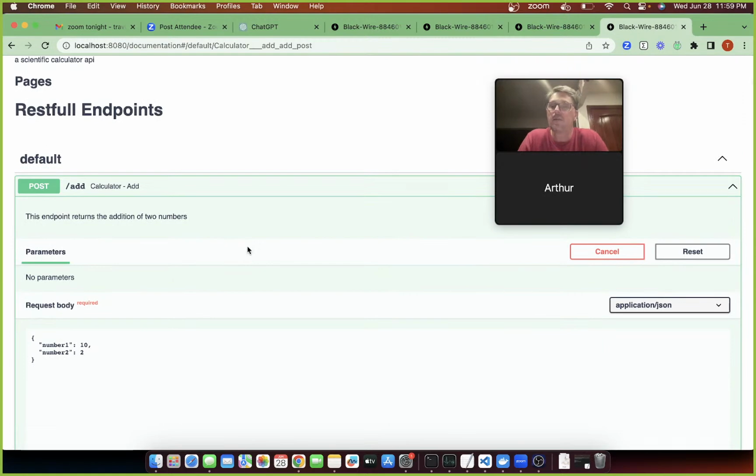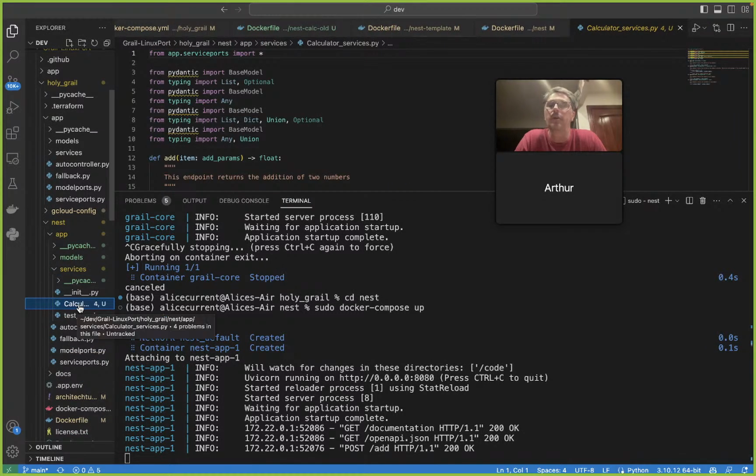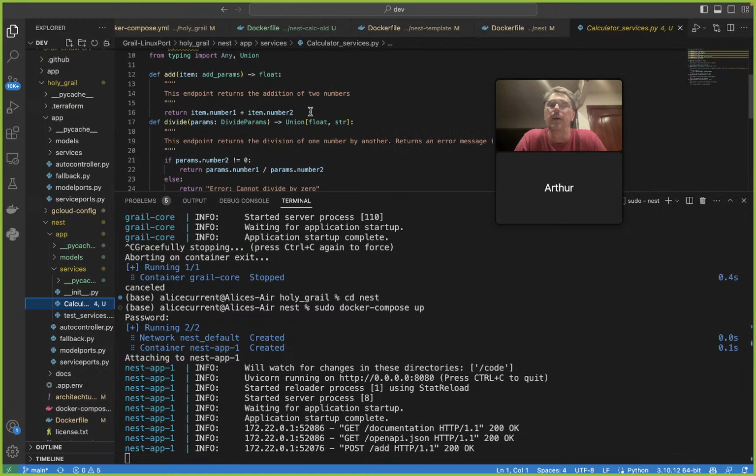But let's go look at the add service. Let's just dive into the code real quick. I mean, it's not complicated. So nest app services, basically calculator. And you'll also note here that the inside of the nest mirrors